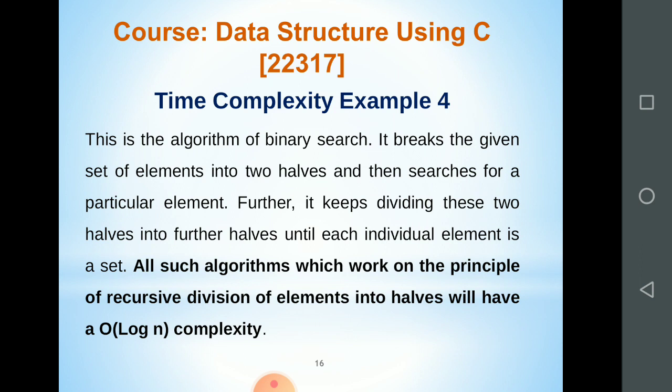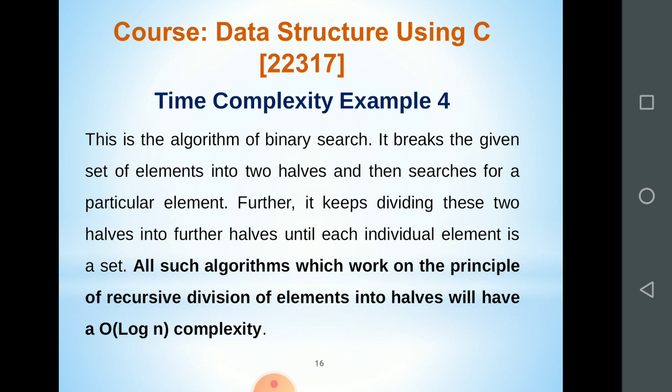It breaks the given set of elements into two halves and then searches for a particular element. Further, it keeps dividing these two halves into further halves until each individual element is a set.